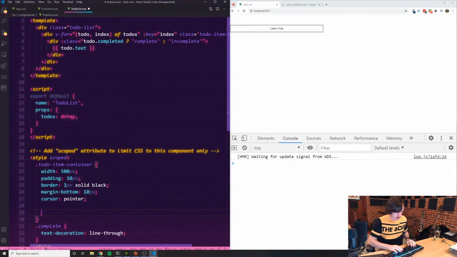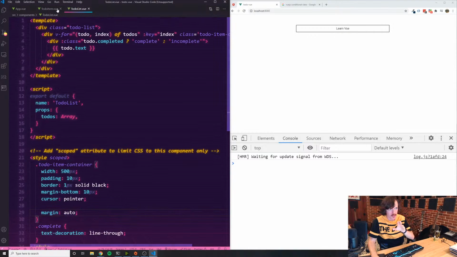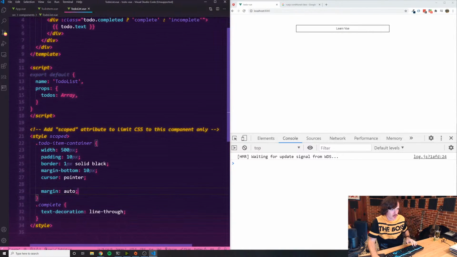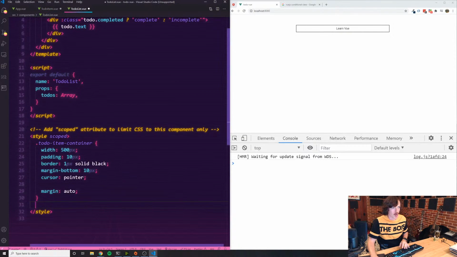My bad. So margin and auto. Yeah, so I'm gonna move these to-do specific styles into to-do-item right now. So complete and incomplete is gonna be inside of here. And so we'll also do incomplete. Not that it's gonna have any unique styles, but